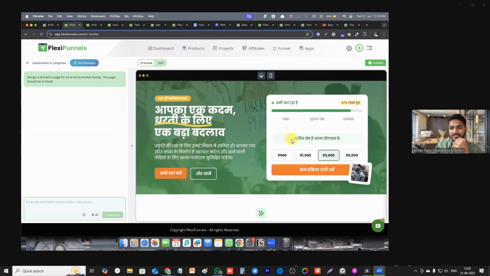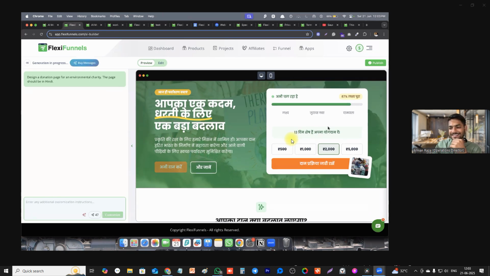Yeah. So the Hindi page is ready for us. Okay, nice. So it has also added the donation box here, the amount it is asking for, how much amount do you want to donate, and